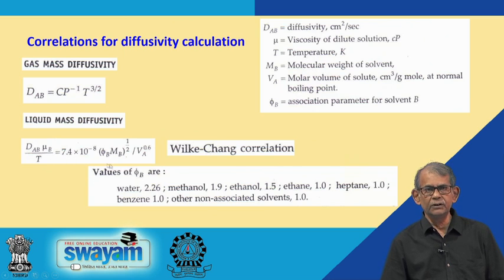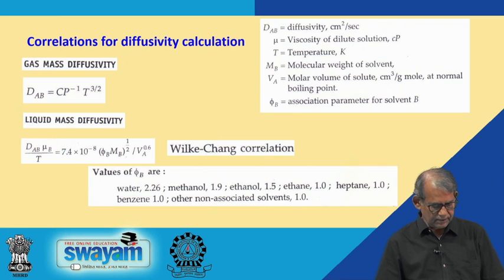Now, this correlation contains a lot of parameters, where dAB is the diffusivity, mu is the viscosity, T is the absolute temperature, Mb is the molecular weight of the solvent, Va is the molar volume of solute at normal boiling point, and phi b is the association parameter for solvent B. The values of phi b,